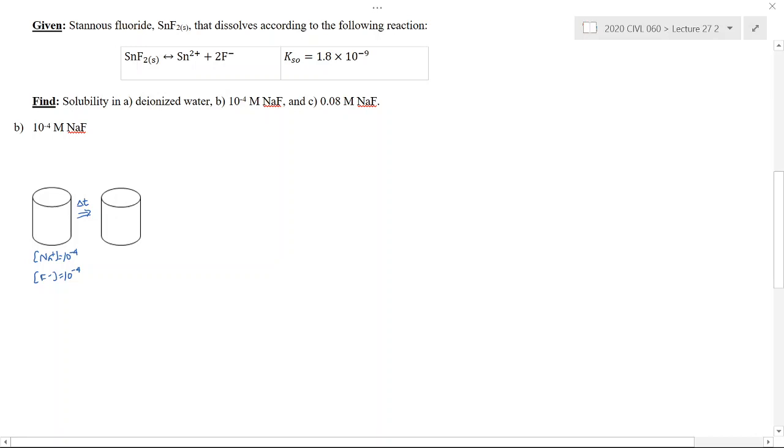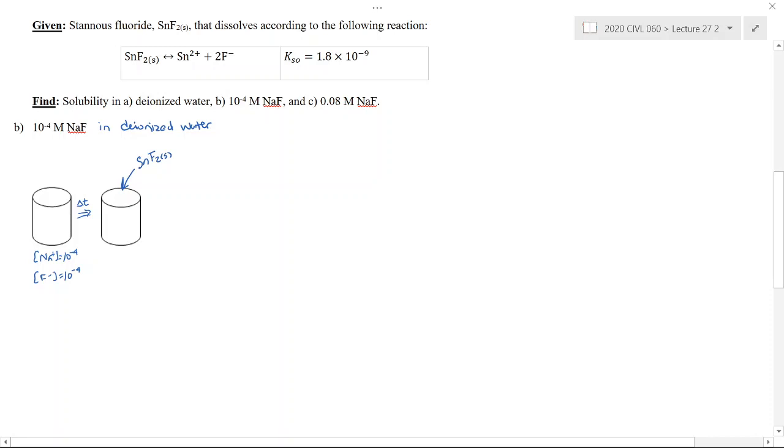So we're assuming that we make this solution. I can write this up here: we start with deionized water and add in the 10 to the minus 4 moles per liter sodium fluoride. When we start with that solution, we're going to add the stannous fluoride and then look at how